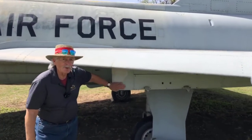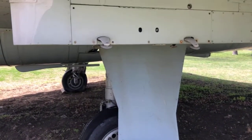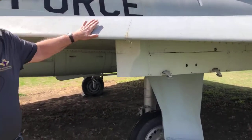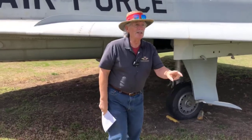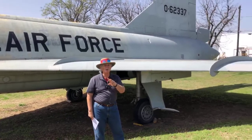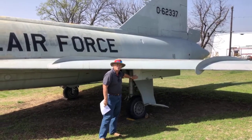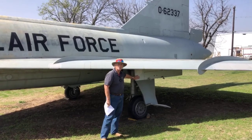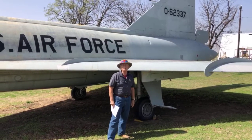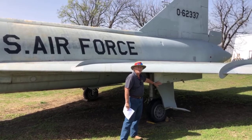We got racks under both of these wings, and that's an important point here because during Vietnam, the Air Force intended to use this airplane as their fastback airplane. The reason they did that was two pilots, or a pilot and a navigator, however they were going to do it. Plus, with these racks, they could put 2.75-inch rockets on this airplane, which has become known over the years as the rocket that's used to mark targets by the U.S. military. So this airplane had the capability